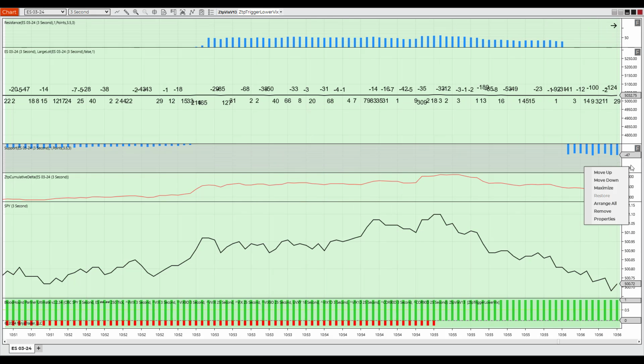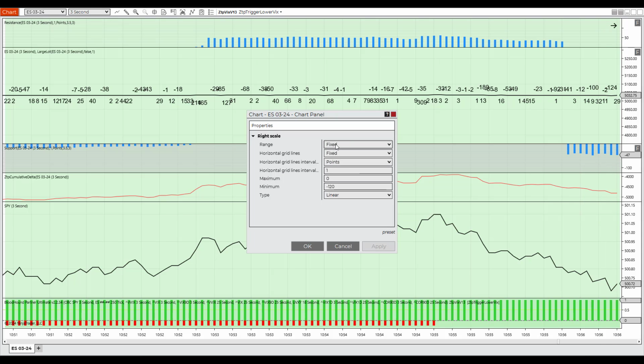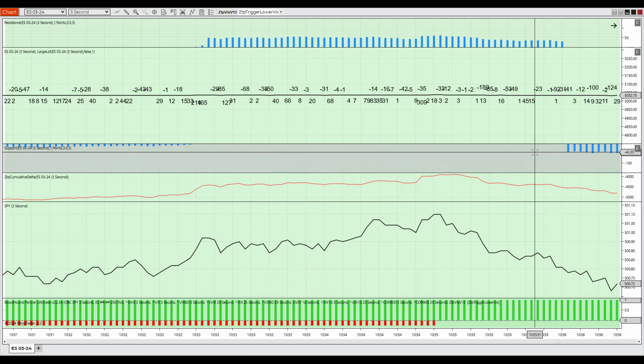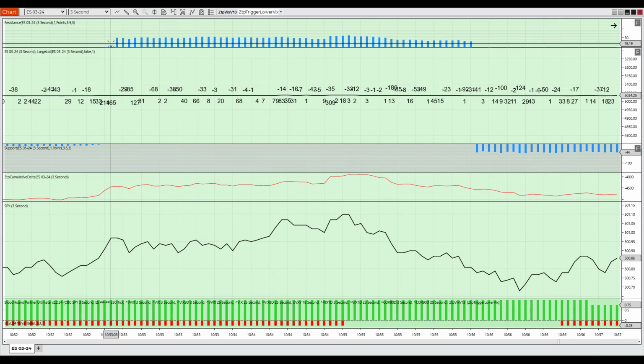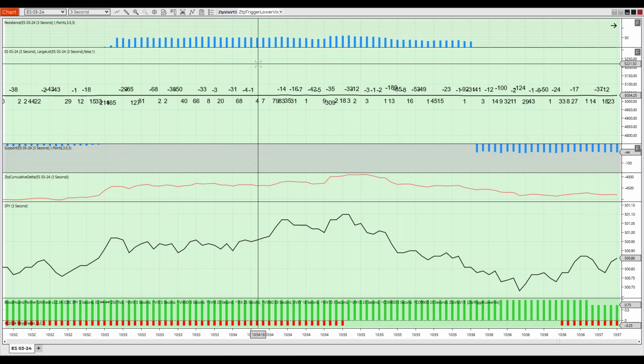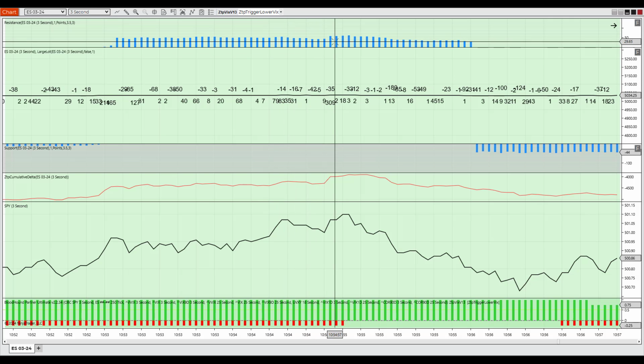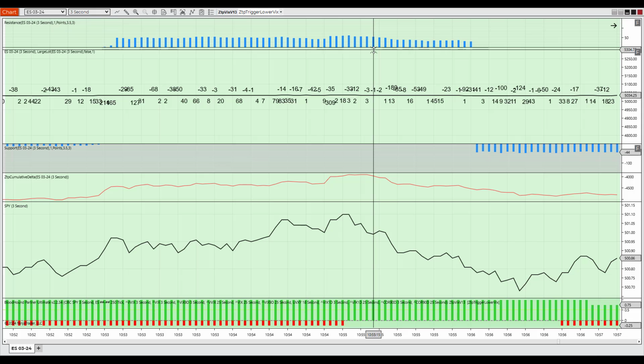We need to do the same thing down here, but we need to do it with a negative number. First, we need to change the range and the horizontal grid lines back to fixed. We need to set the maximum to 0, and then we need to change the minimum. Again, maybe we'll put it at a -150. The type is going to be linear. And what that's going to produce is a bar graph up here every 3 seconds showing either increasing or decreasing